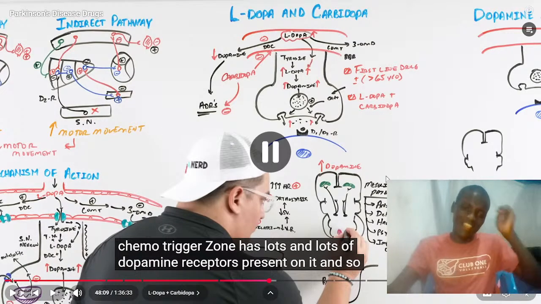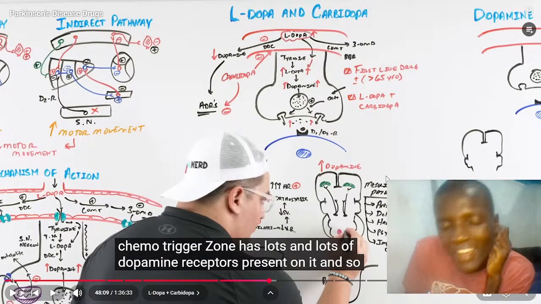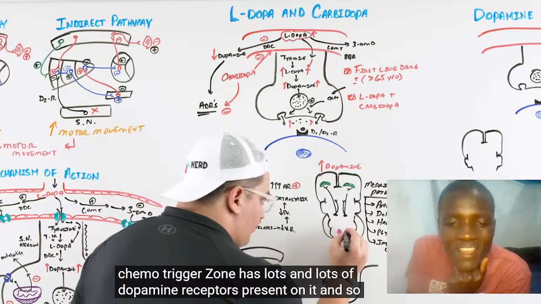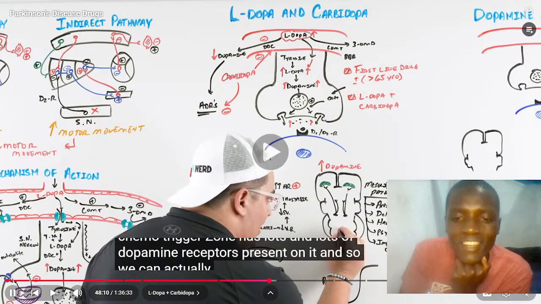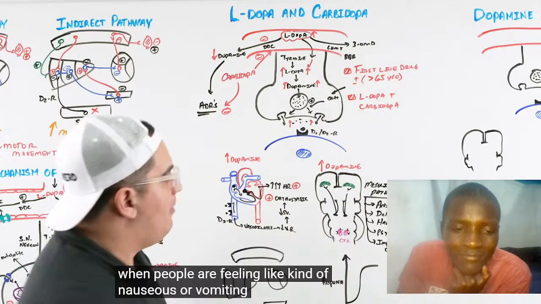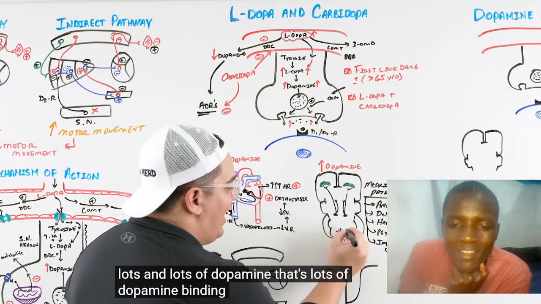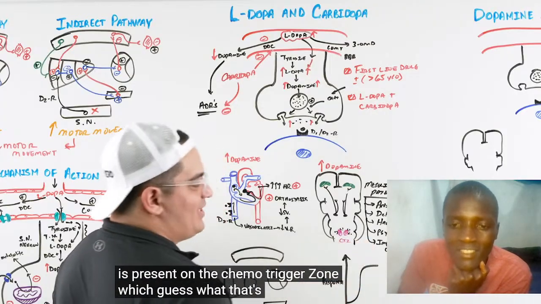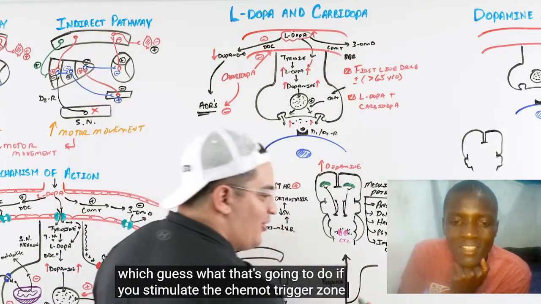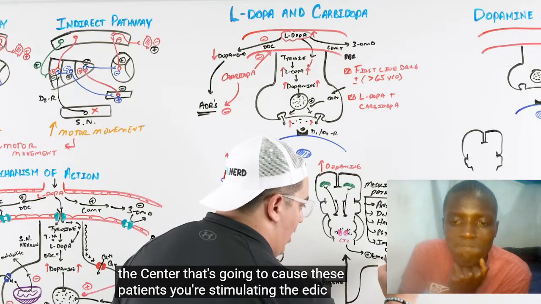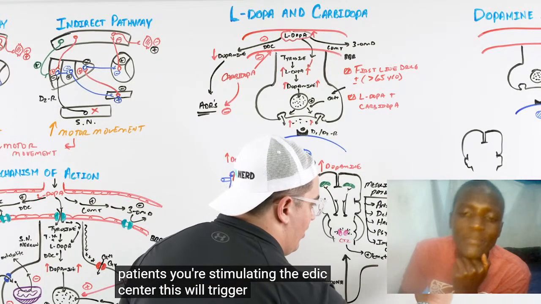So, CTZ means chemotrigger zone. We can actually use particular drugs to block those dopamine receptors when people are feeling nauseous or vomiting. But if you have lots and lots of dopamine binding onto the dopamine receptors present on the chemotrigger zone, guess what that's going to do? If you stimulate the chemotrigger zone, or the emetic center, this will trigger nausea